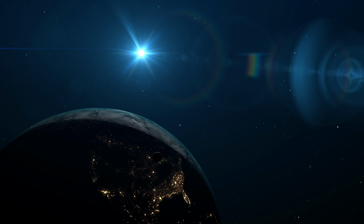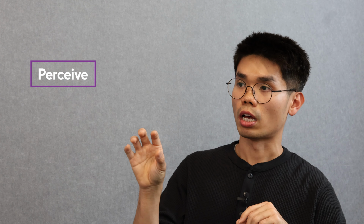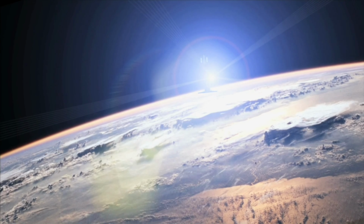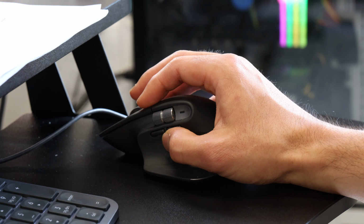Space missions are becoming increasingly complex. Spacecraft nowadays venture far away from Earth to the Moon, Mars, and beyond, where human intervention is not a reliable option anymore. So that means that spacecraft that fly today have the ability to perceive, understand, and act entirely on their own. They have to autonomously navigate, avoid hazards, land safely, making essentially mission-critical decisions without waiting for instruction